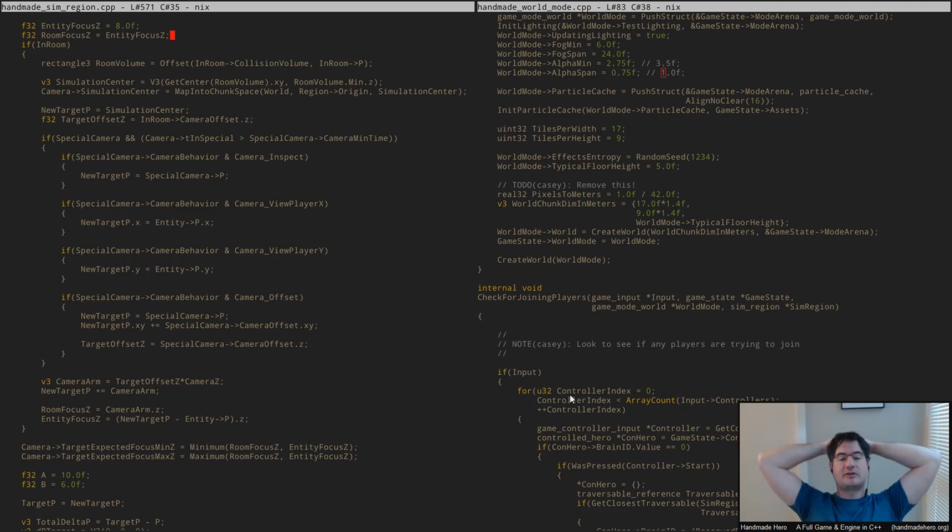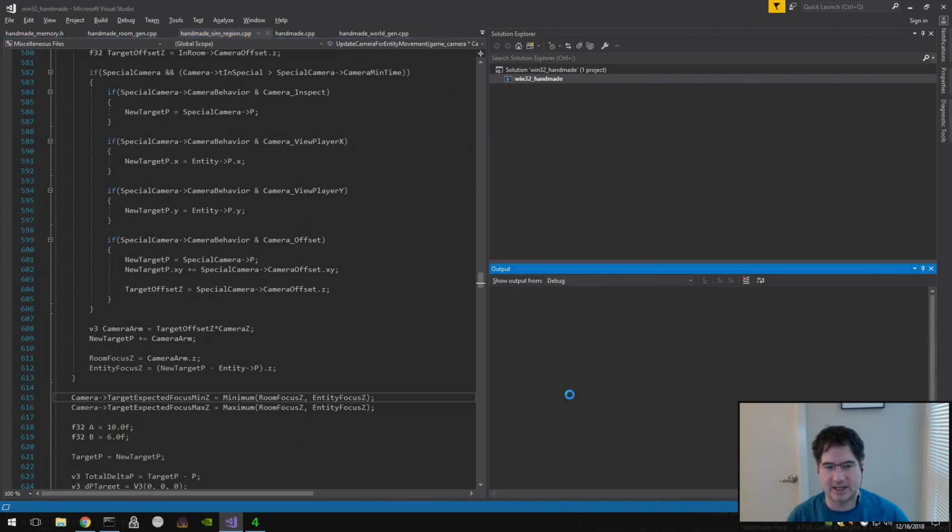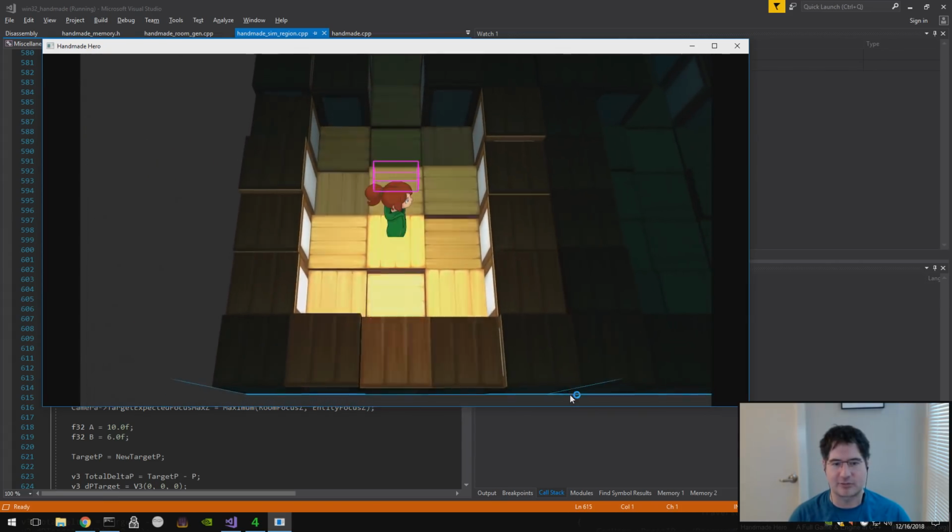So one thing we can do is have a camera mode. Like we could say, what's the camera doing right now? And we could say, well, if the camera has come to rest, we just won't move the camera unless the target has moved sufficiently since then, right? So that's one thing we could do, and that would be if we wanted to make it so that, for example,